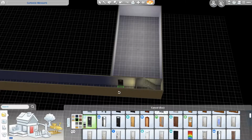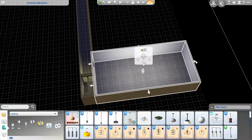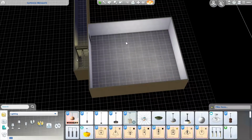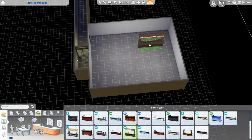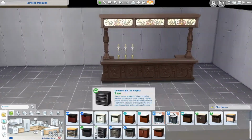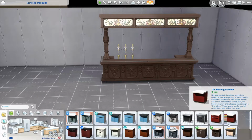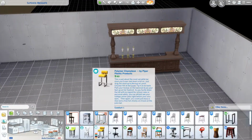So like I said in the last one, we are starting on the last floor here, okay? But this is the biggest and most daunting floor of them all. This took me so long. Like, you have no idea how long this took me. I mean, that's why we're doing a part 2 of a speed build here. It was ridiculous. So we are starting just off the stairwell here,